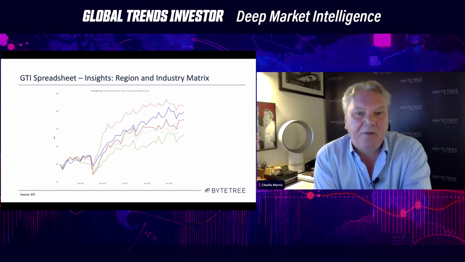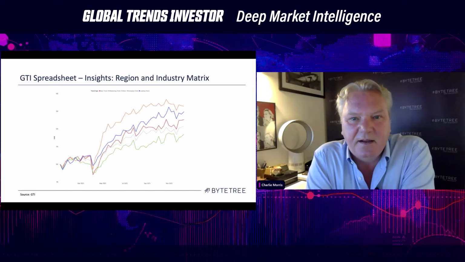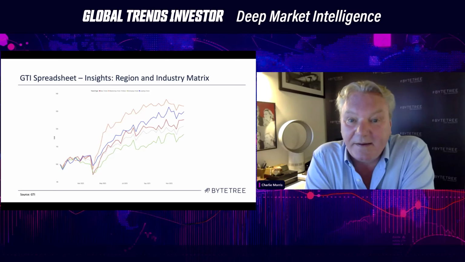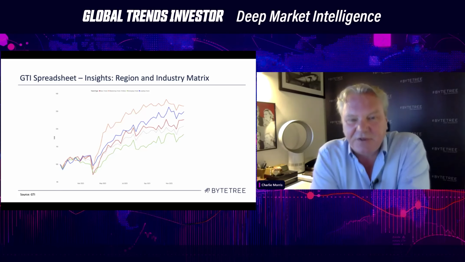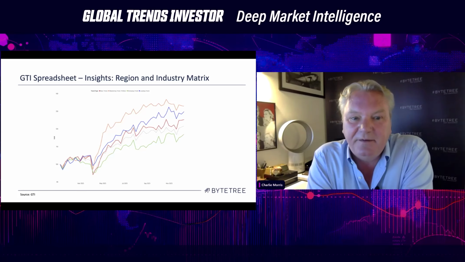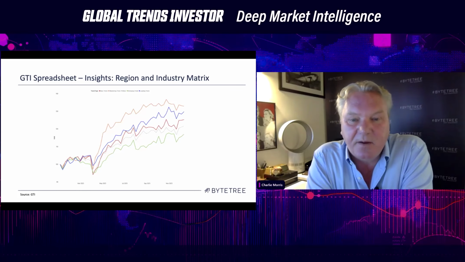Let's have a look at how those groups have done. Apologies, this is a bit faint, so you'll just have to hear me out here. But the best performing group of stocks has been weakening trends, which may surprise you. Now, if I showed you this over 20 years, that wouldn't always be the case. Weakening trends would be a weak group, but it is a feature of the post-April crash. Why? Because in April, the market became heavily oversold. And so guess what? In a momentum crash that follows a market correction, you get a reversal of the momentum effect, and the most oversold stocks did very well, but not for very long.